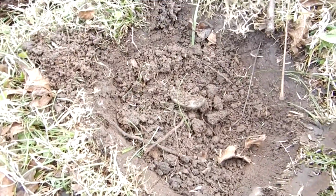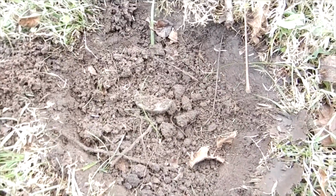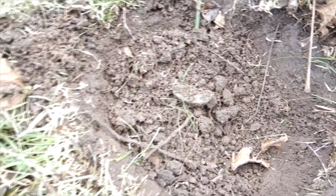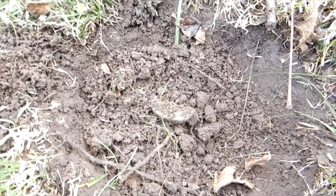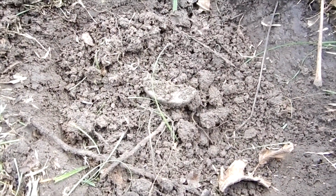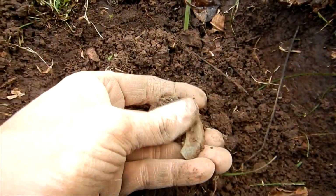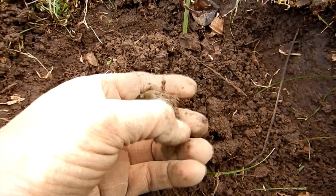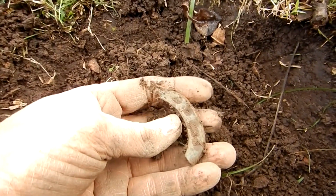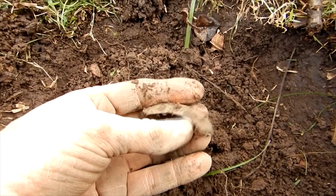Okay, so we're back out at the site again today. We had a good rain yesterday and haven't really found anything all day. Leon and I have been out here hitting it hard. And this is my first good target that I found today, and we've been out here a couple hours already. And it wasn't even a good solid signal, which I don't understand. I was only reading it from one direction. And I don't understand why it wasn't